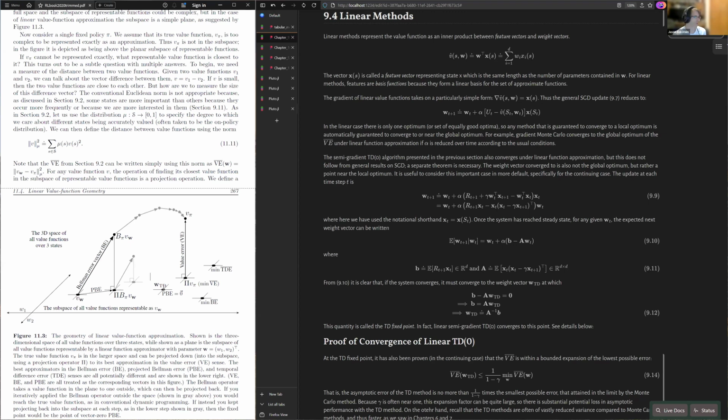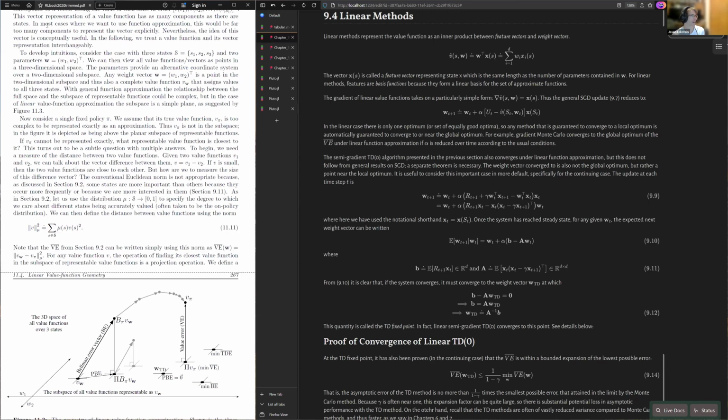But that is also not necessarily the same. This point is the one where the Bellman error vector is the minimum length, but the minimum length doesn't mean that it's perpendicular. So the difference between this point and this point is that this is the point where it is the minimum length, whereas this is the point where the Bellman error vector, no matter how long, is perpendicular to the plane, which is also going to depend on how we represent